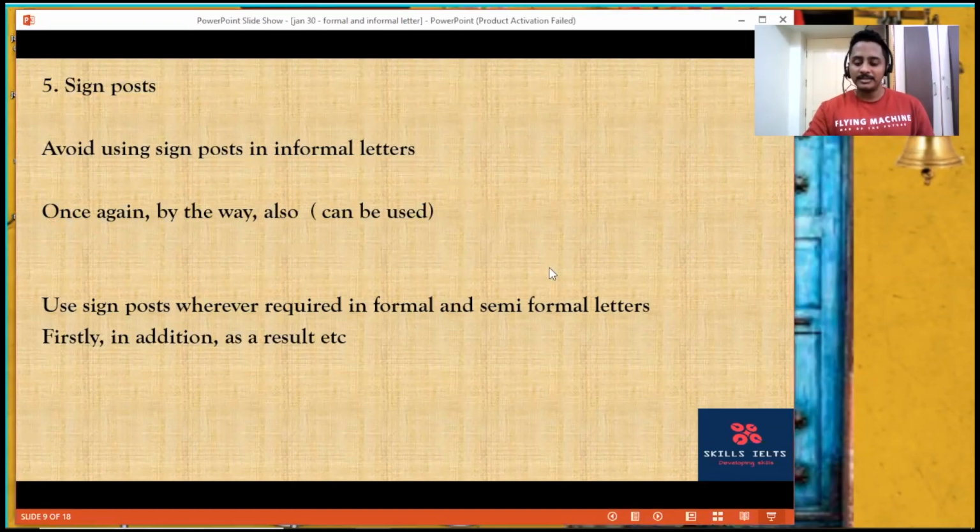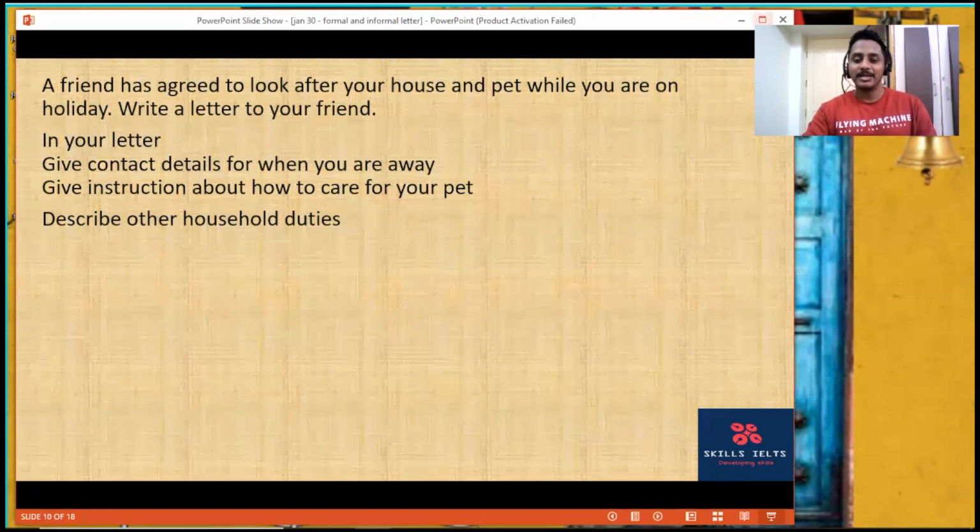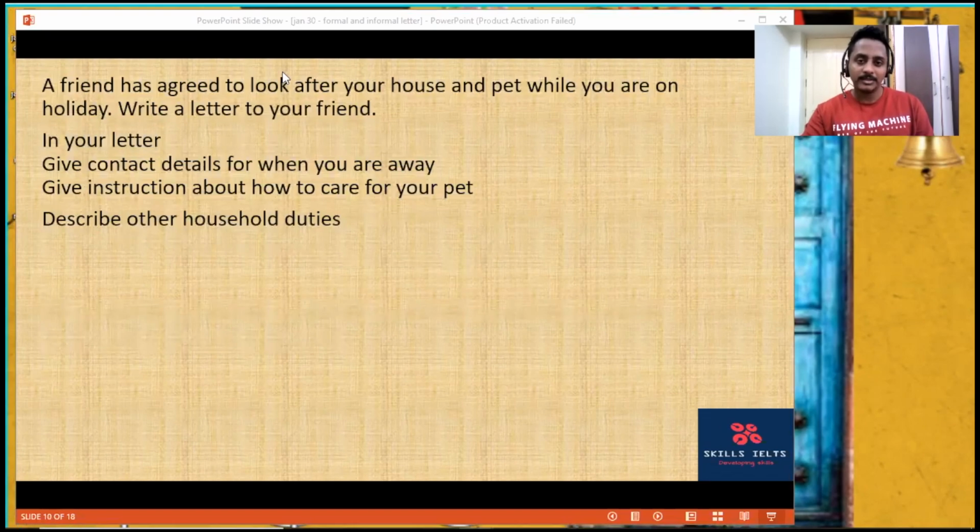Okay. So far, simple one. Let's talk about execution. This is where people have problems. Yes, Nakul, I understood everything, but when I take my pen or when I sit in front of my laptop, in front of the keyboard to type, my fingers will dance. That's exactly the stage we are at right now. A friend has agreed. Okay, look at the question. Read the question.